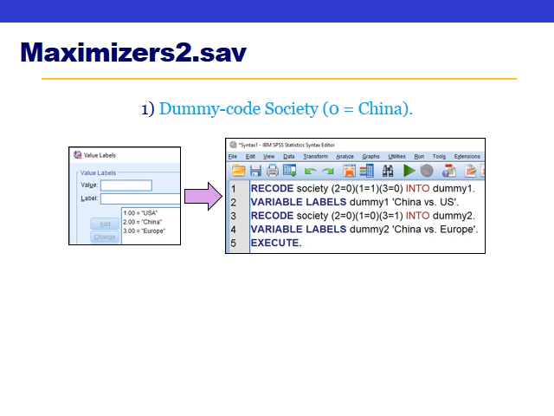So we know that China, 2, is going to get changed to 0 because our control group always is a 0. Since we're comparing China against the US, we're going to make US 1, so 1 is going to stay the same. And Europe is just going to get ignored here. So Europe 3 is going to become a 0, giving us a variable called dummy1 that compares China versus the